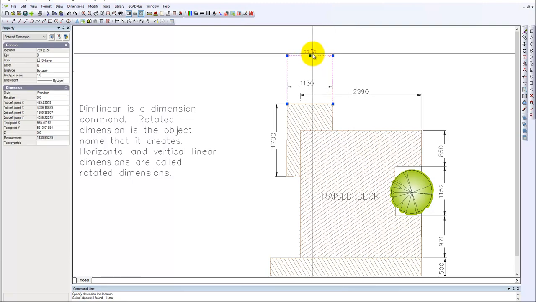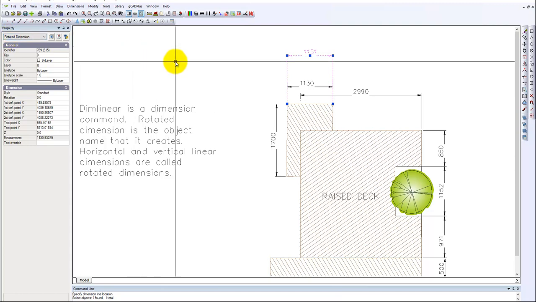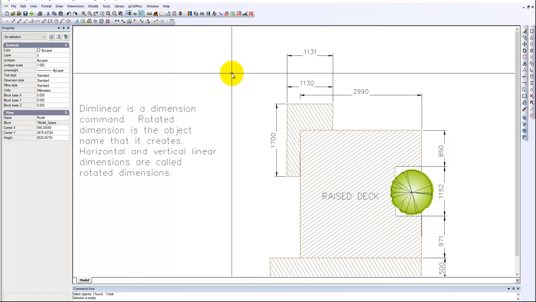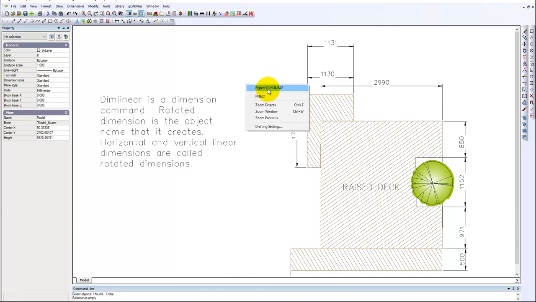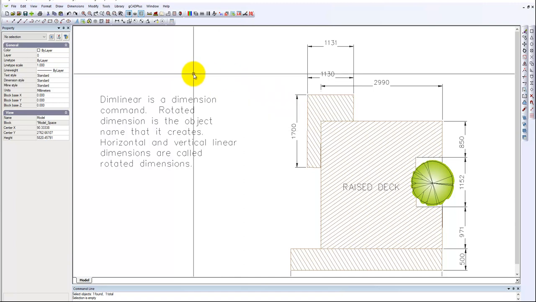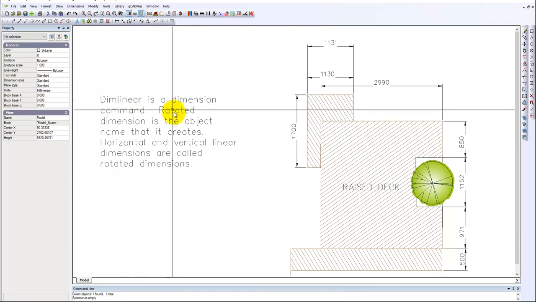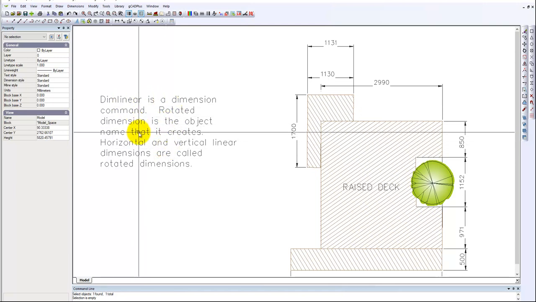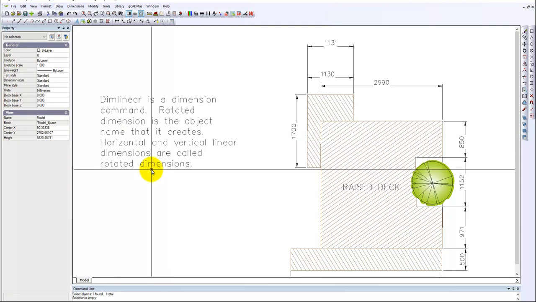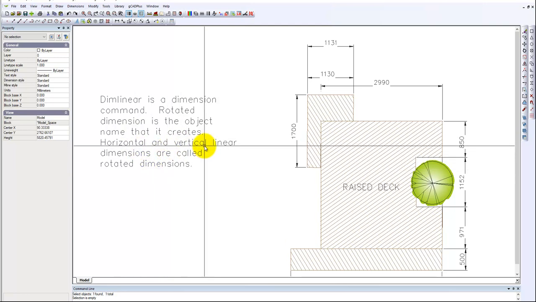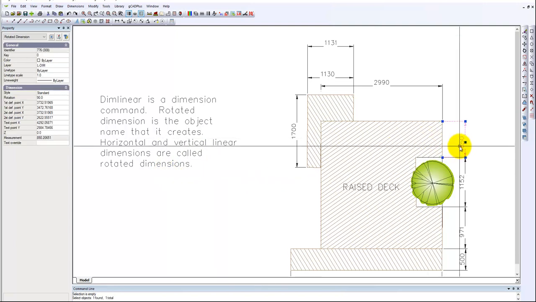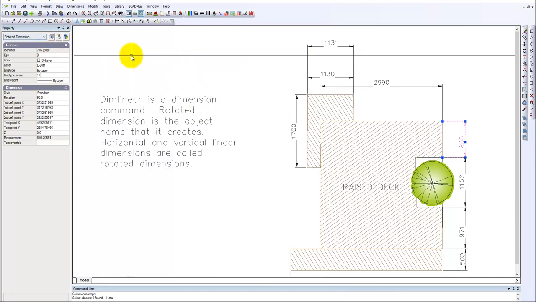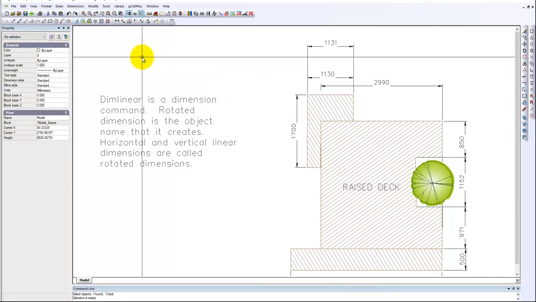If you select the dimension and look at its name in the properties box, it's called a rotated dimension, but in fact it's not rotated at all. Well, the command to use it, if I right click, see it says DIMLINEAR, so the actual command is DIMLINEAR, but rotated dimension is the object name that it creates, and both horizontal and vertical linear dimensions are called rotated ones. So if we pick this one over here, it's also called a rotated dimension,